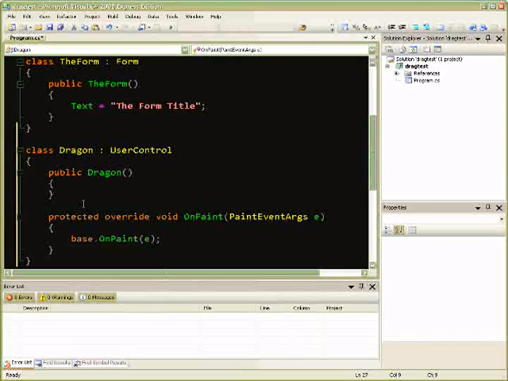Protected is visible to the class, not visible outside the class, but it's also visible to subclass objects. So those are the three levels. There's one more, but it's not important. Okay, so